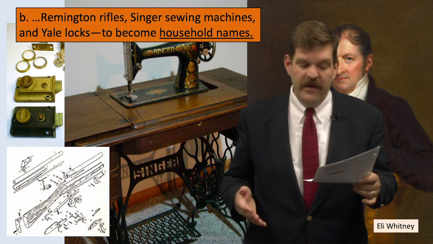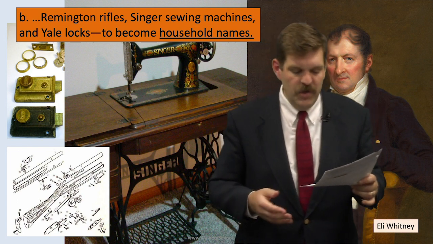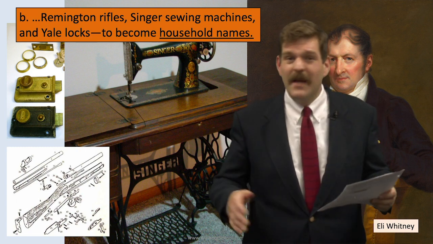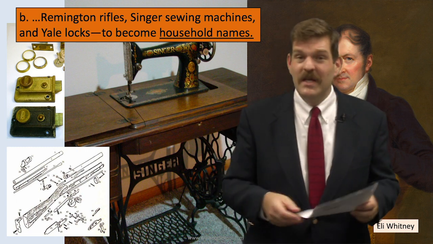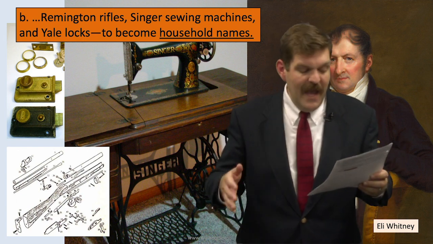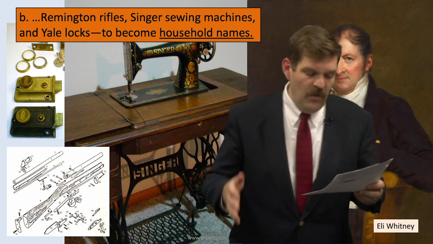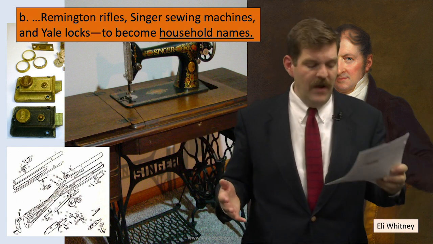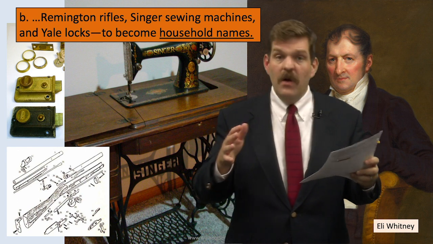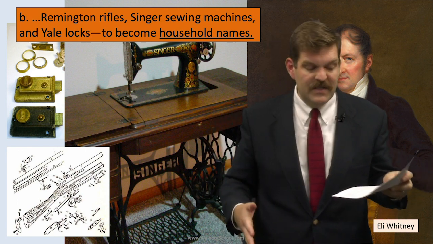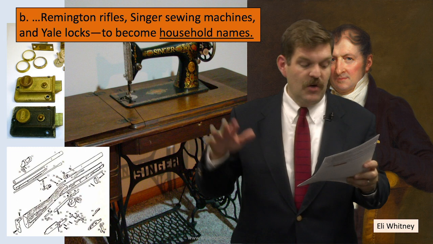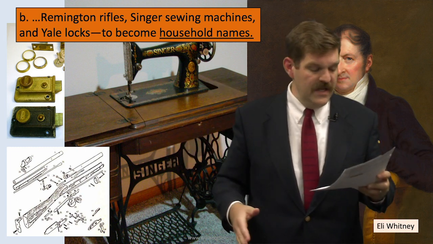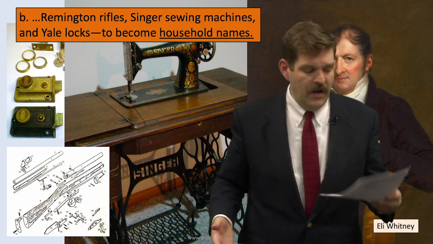The increased availability of machines allowed the American Industrial Revolution to come of age, and the volume and the availability of output of some products, things like Remington rifles or Singer sewing machines or Yale locks, they truly became household names. And the 1851 Crystal Palace exhibition in London, this technological show that was one of the greatest in the world, Americans going and visiting the Crystal Palace exhibition started building factories in Great Britain, and you have American manufacturers producing overseas, and soon we're dominating European markets as well.